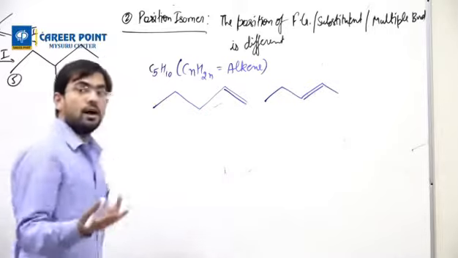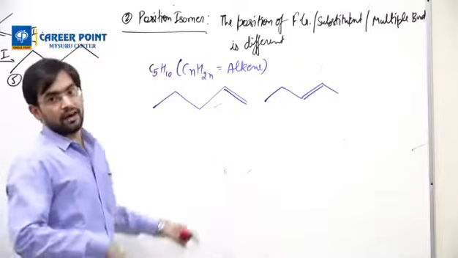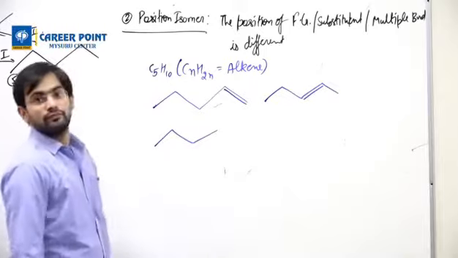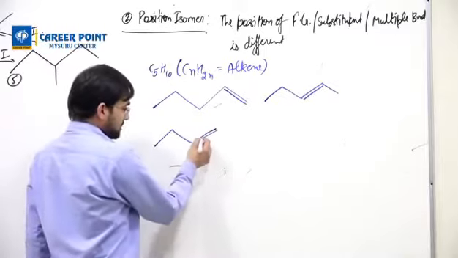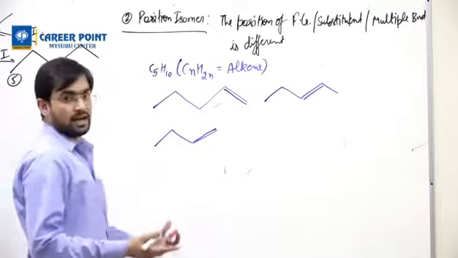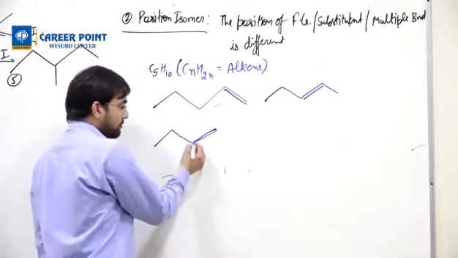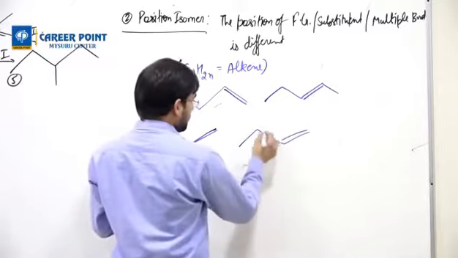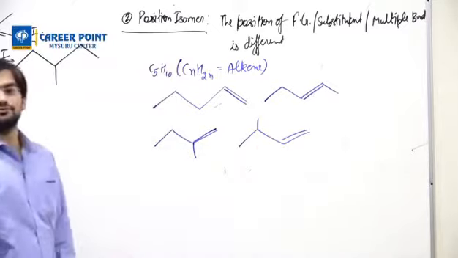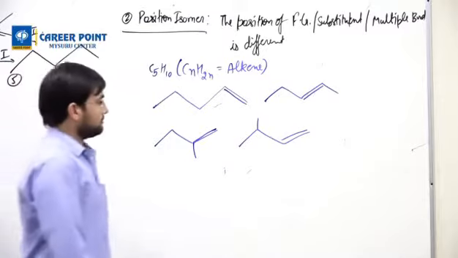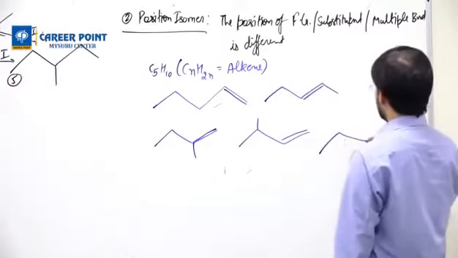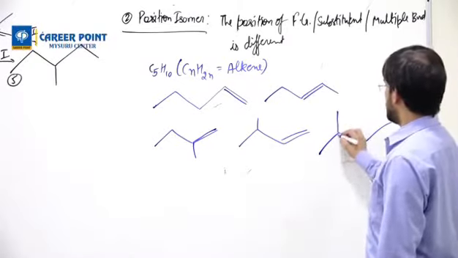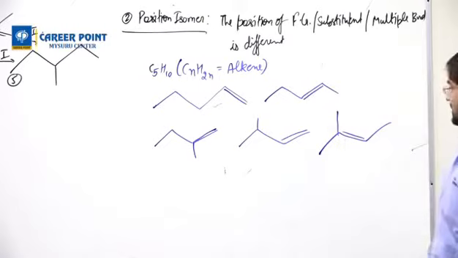If they ask the number of isomers, not positions, if they ask the number of isomers of this compound, then I can draw a 4-member chain also. Because I taught you chain isomerism, so we can do chain isomerism also. Then one carbon is left out, which could be written here, or a double bond there and a carbon here. Understand? Or the next move is I can shift the double bond. Double bond there, here. Understand? Point.